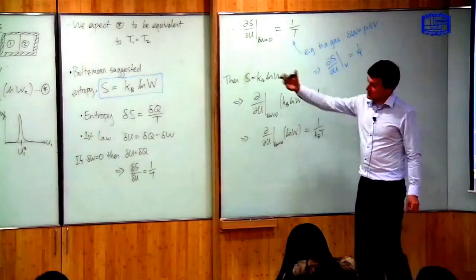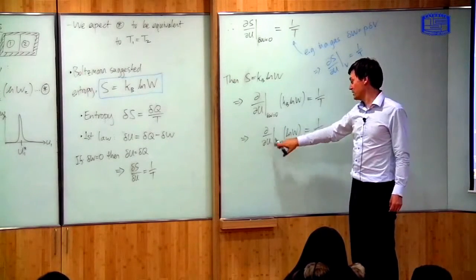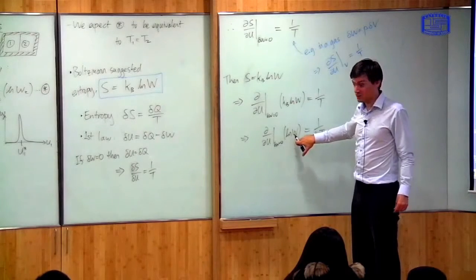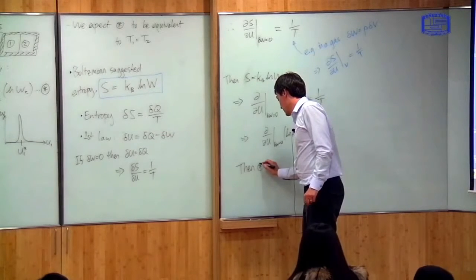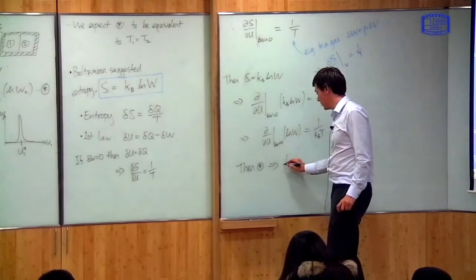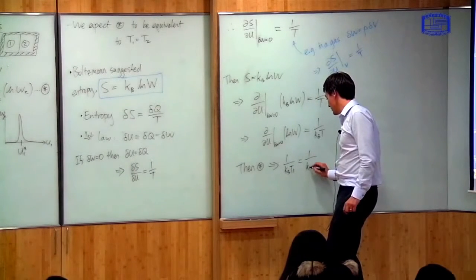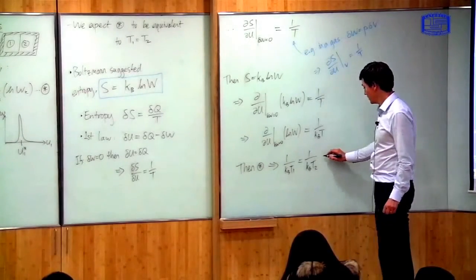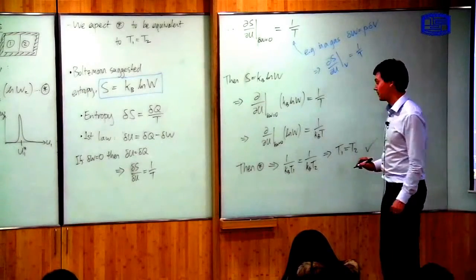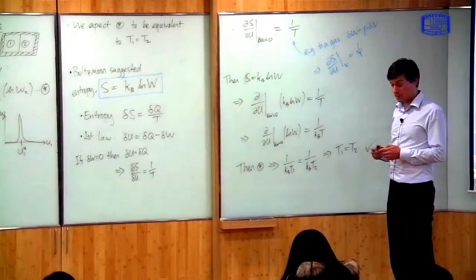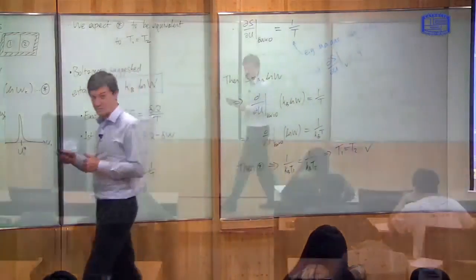And then you see that this is exactly what the equation star is, right? In the equation star, what we have is the derivative with respect to energy of the log of the number of microstates. So that's here, and that's also there. So then we get the result we wanted. The equation star simply tells us that 1 over the temperature of the first system is equal to 1 over the temperature of the second system, and therefore the temperatures are equal. So this is the result we wanted to prove.